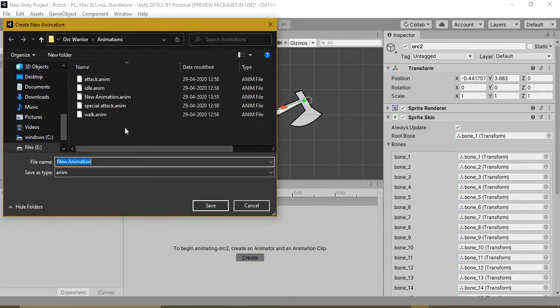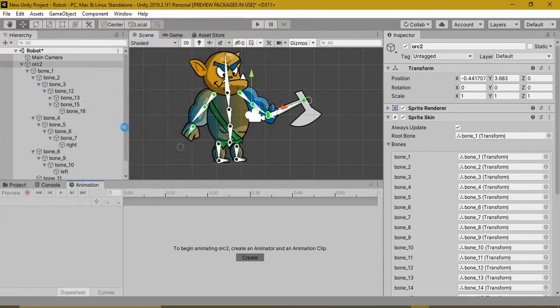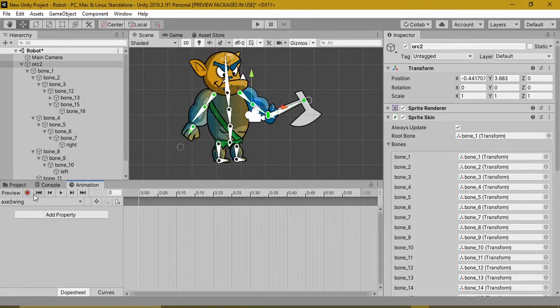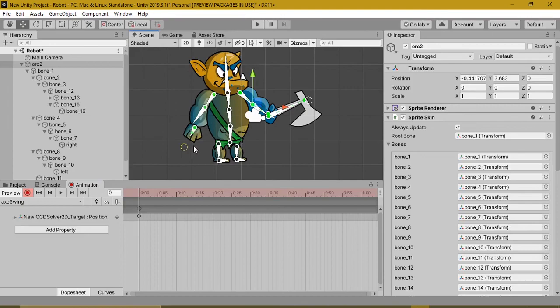Now under our animations, I'll animate it as axe swing. Now I'll record it. Now this will be our first frame.